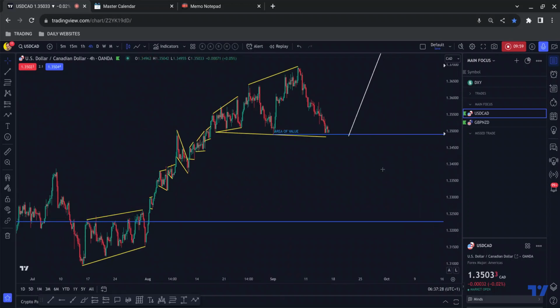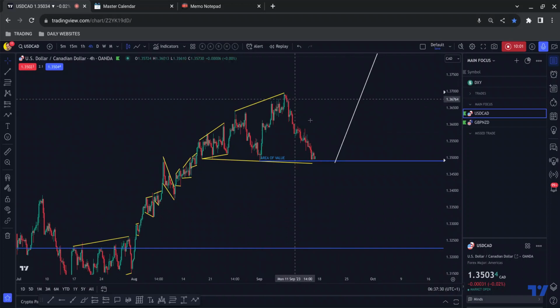Another thing that stands out is that the base of this structure just so happens to be the base of this structure where there was also a sharp move. Okay, now when an area of value also happens to be the base of a very clear piece of structure, and we even have an impulse correction continuation within that structure, completing the last leg, it's highly likely that there are a lot of orders down there.